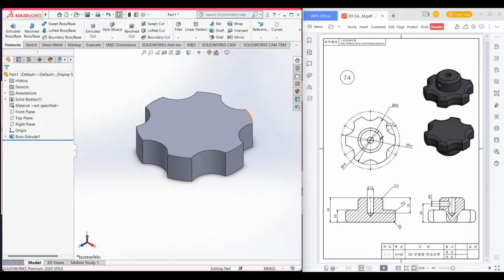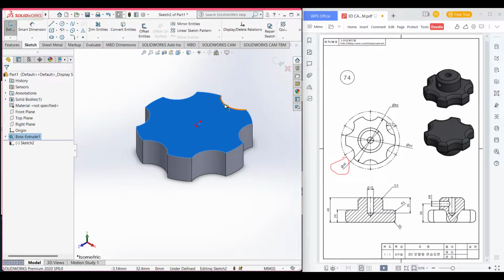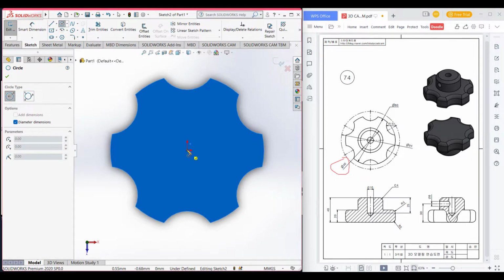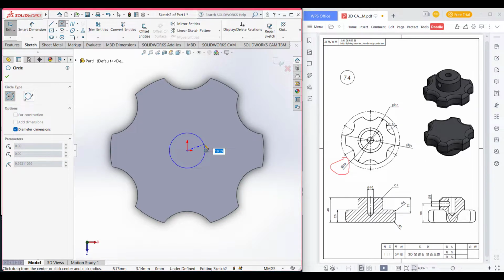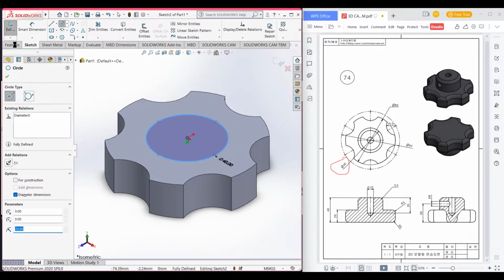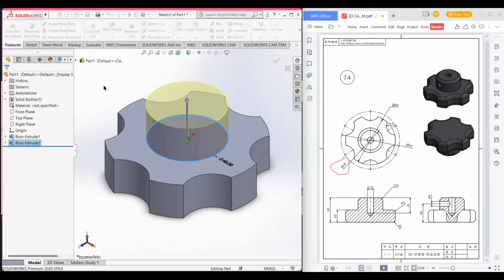On top of this we have another circle which is 40 diameter and which has an extrude boss of 20. 40 minus 20, it means 20. Okay, let's draw that. Select the surface, sketch, then normal to this surface, then select circle and draw the 40 diameter circle. Now go to features, extrude boss, 40 minus 20, and 20 unit. Okay,